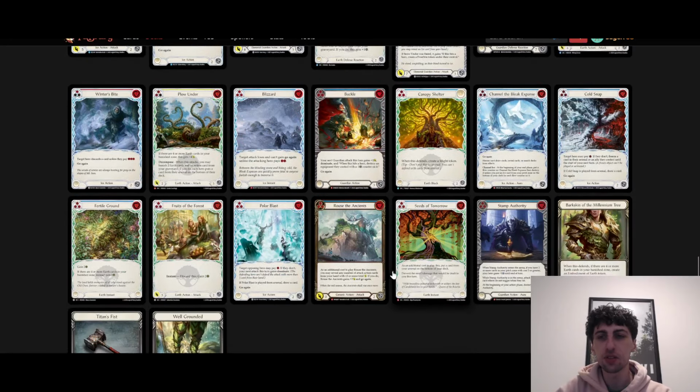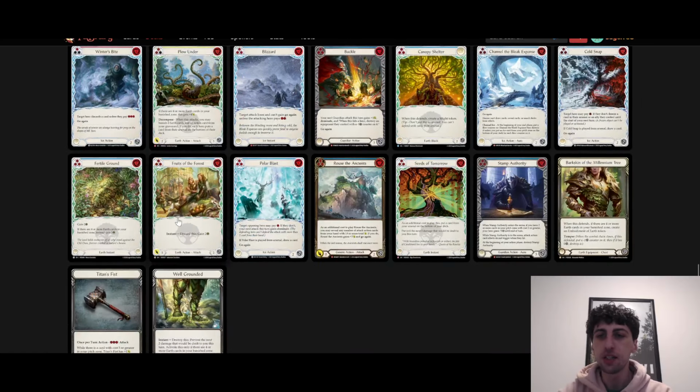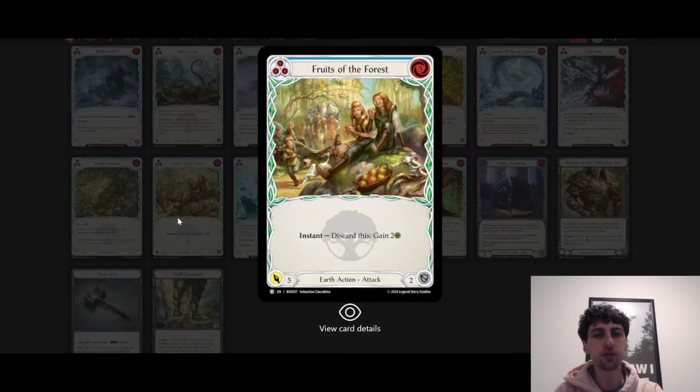For other Earth cards, the only other Earth card in the version that we're playing right now that I would consider is probably Fruits of the Forest. It's really nice. It might even be better than Autumn's Touch. I think, of course, the main thing holding it back is that it only blocks for 2, but it's so